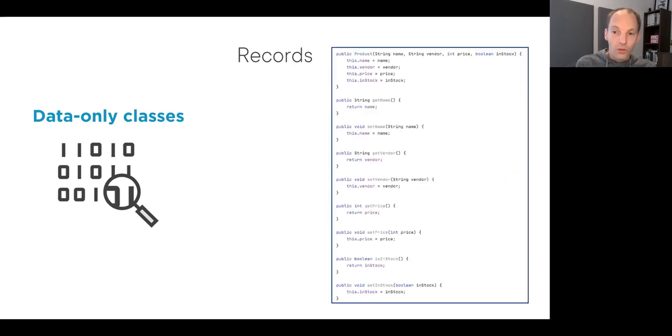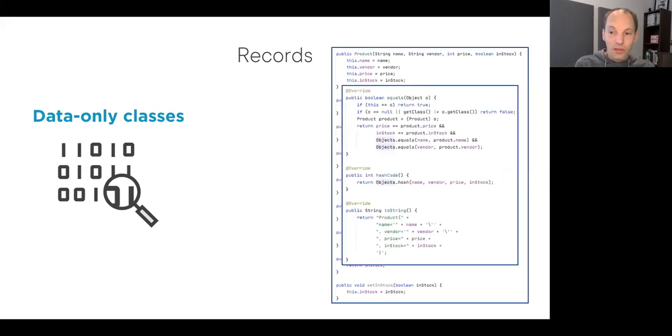So we would also have to introduce a constructor that takes all the fields and sets them. We need to add getter methods, possibly setter methods if it's a mutable data object. And last, but certainly not least, if you have these kind of data objects and you want to use them maybe as map keys or in other places where equality of these objects is really important, then you also need to implement equals and hashCode, and likely also toString to work on the data elements that you defined for the class.